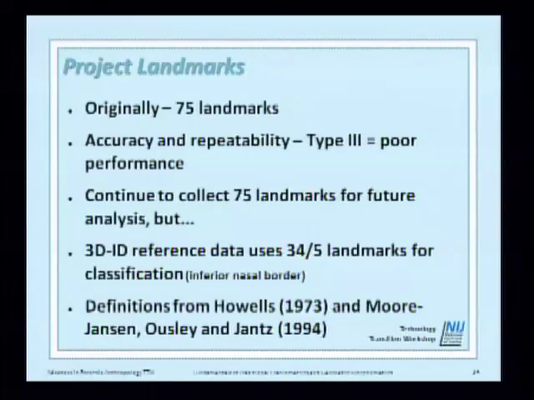The definitions come from Howells, and from Moore, Janssen, Owsley, and Jantz 1994. So they're the standard set. It's a few more than the standards, but not too many. And these are our standard sets in here. And one thing we have included,